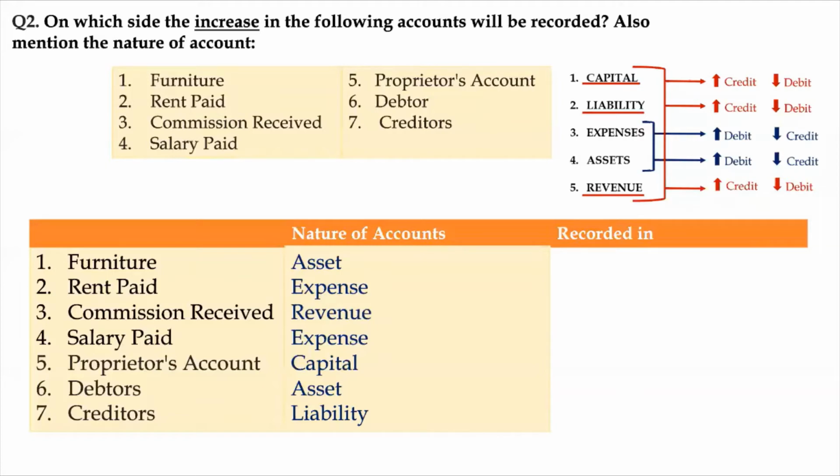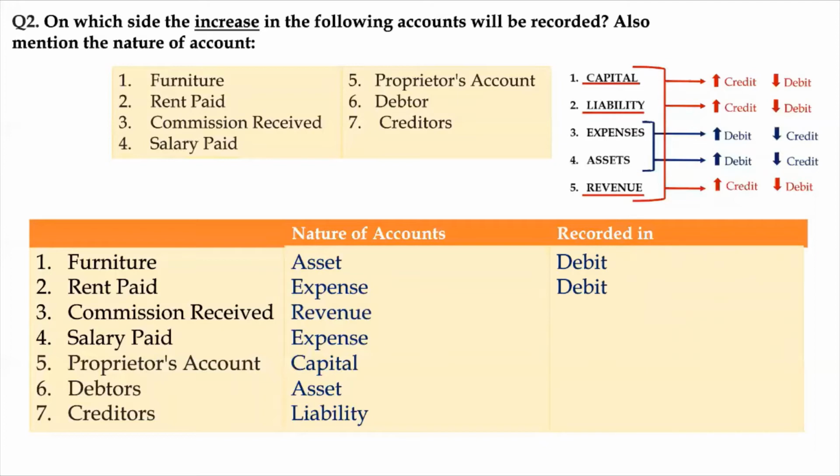If expenses and assets are increasing, we will write it on the debit side, and if it decreases, we will write it on the credit side. So furniture is what? Asset, and the asset is increasing, so we will record this furniture on the debit side. Okay, now second is rent paid, that is an expense, and when expenses are increasing, we record it